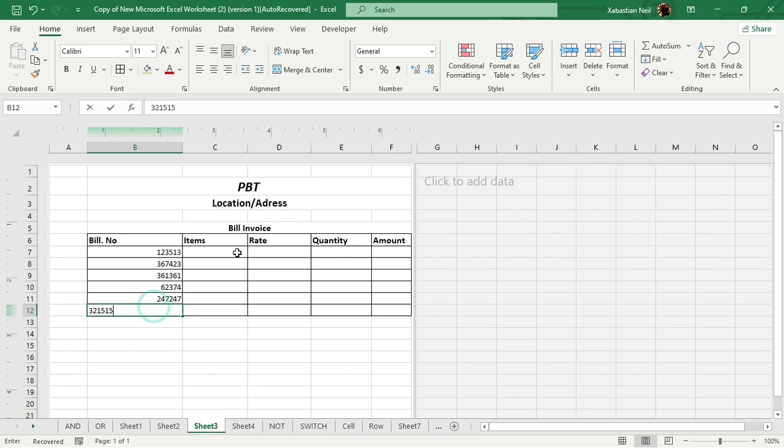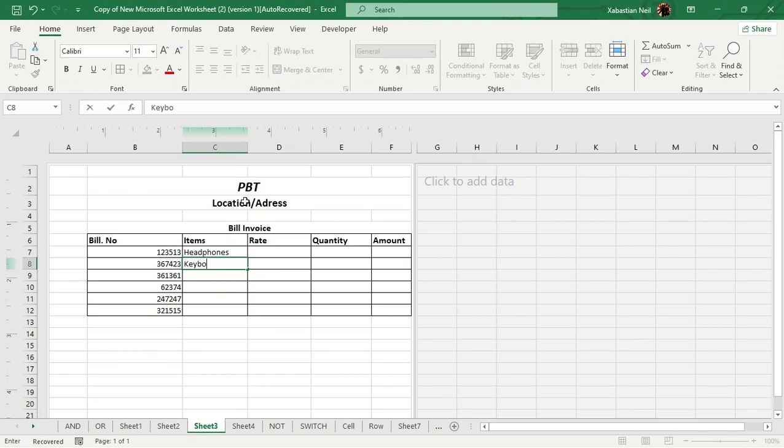And then what I'm going to do is type in the items. So let's say the items should be headphones. Now what I'm going to do is, let's say, keyboards. What I'm going to do is mouse, then mics, microphone, then the remote, speaker. Now that it's done, I'm going to type in the rates, which is going to be, let's say,